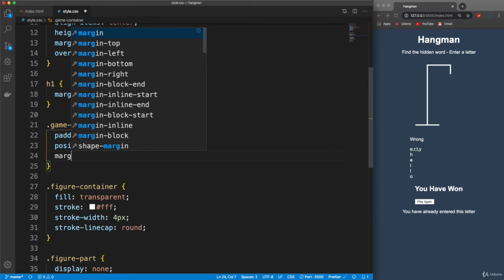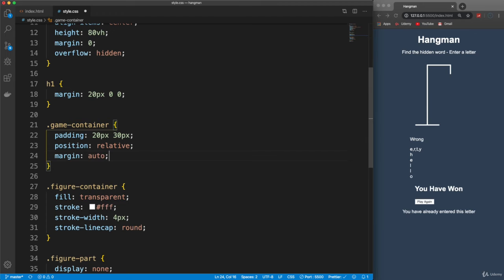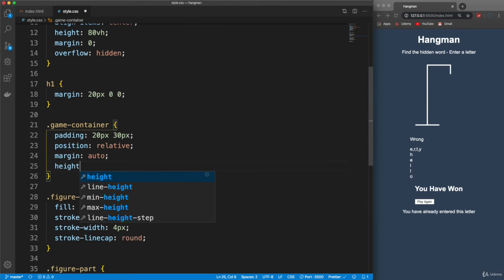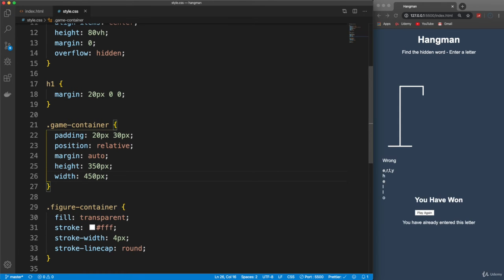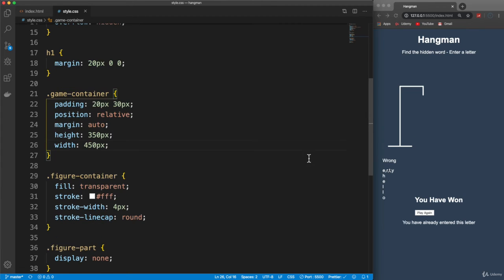And then we're going to set the margin auto to push everything to the middle. And we're just going to set a height and a width. So let's say 350 height and 450 width. Okay. So next I'm going to do,